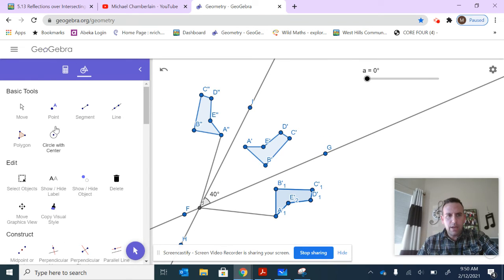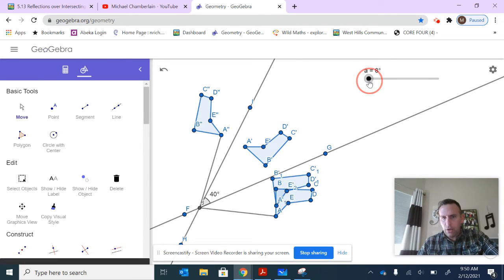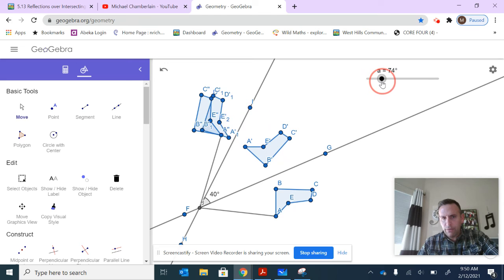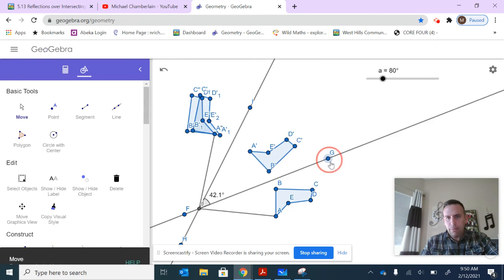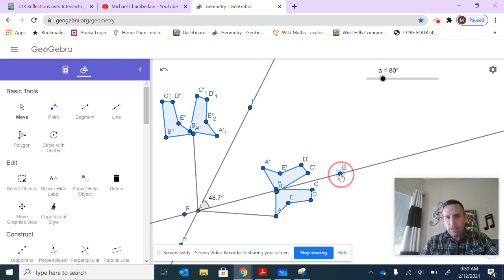All right. Now let's go back and grab this slider, and notice as I move this, I can finally map it over to that final resting place. And then what do you notice? When I get it to its resting place, the slider is at 80 degrees, exactly double the angle between the two intersecting lines. And if you were to change that, if I were to move this, maybe make it wider, like let's say I made this a